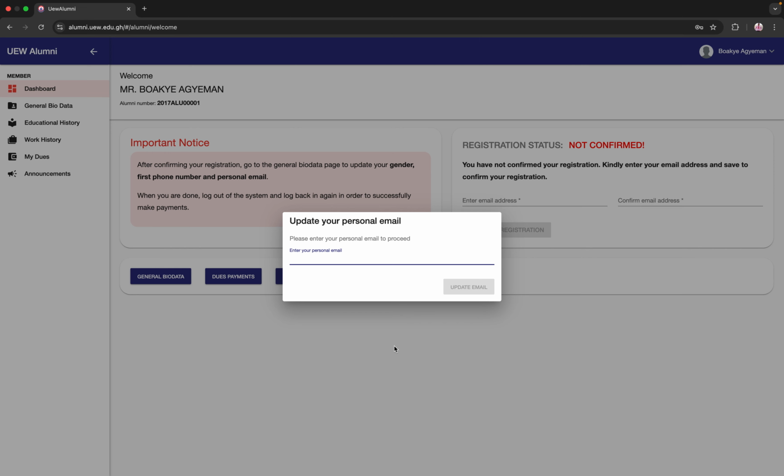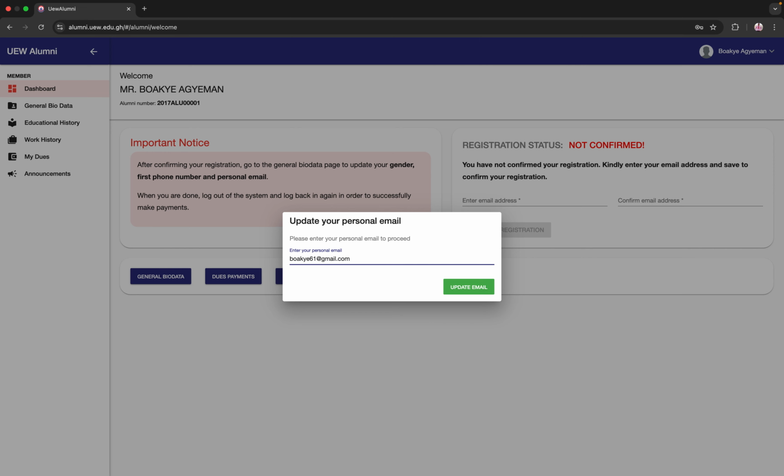Good. If you log in for the first time, this is the interface you'll be greeted with. There are instances where, when the legacy data of students who were existing was being loaded on the system, we were not having access to the personal email. But the personal email is extremely important for carrying out some of the functions of the system. So we check the existence of the personal email, and if it does not exist, the system will force you to provide a personal email before you would be allowed to continue to explore the rest of the system. So here I'll just go ahead and enter my personal email